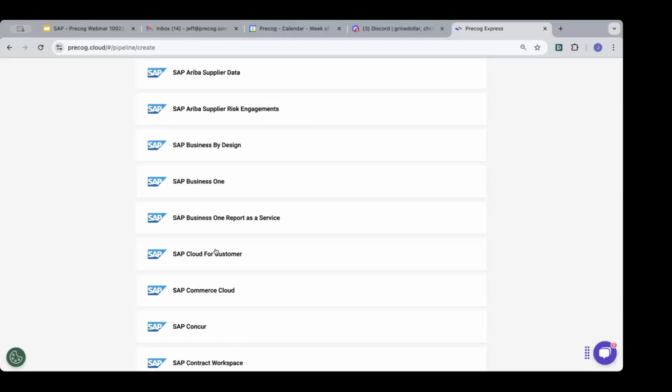Okay, next question. Does Precog support any transformation in the pipeline, or does that all happen in Datasphere? So let me explain how we think about transformation. There's two transformations that have to occur. There's taking the data from the API, which again is object data, either JSON primarily or occasionally XML, which is an object model.